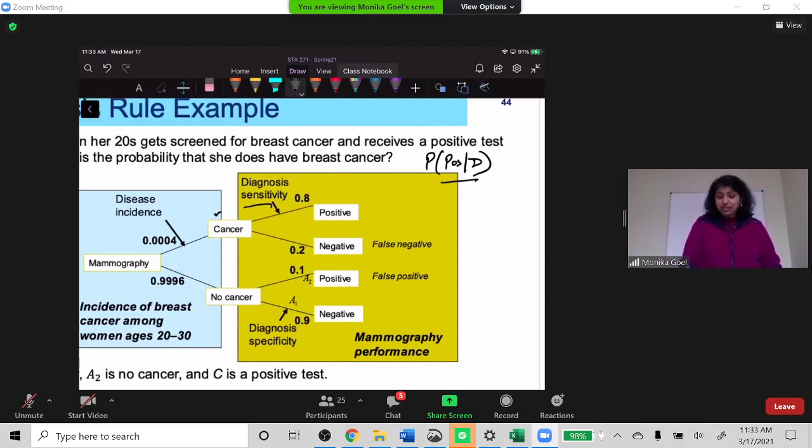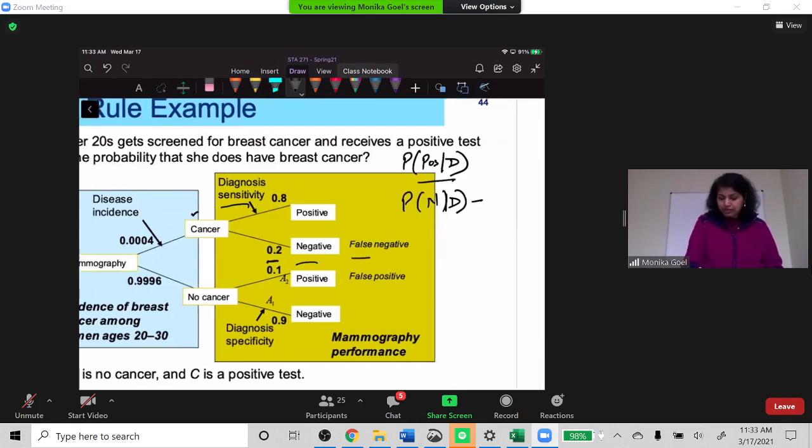If there is a disease, there are chances, and the chances are very low, because if the test is used to determine if there is a disease, there are more chances to detect it. But still, there are few chances that the disease cannot be detected. And let's say here it's given as 20%. So there is a 20% chance that the test is negative, but there is a disease. So we call it a false negative, as you see here.